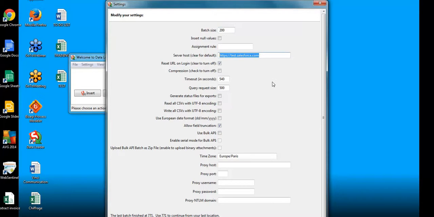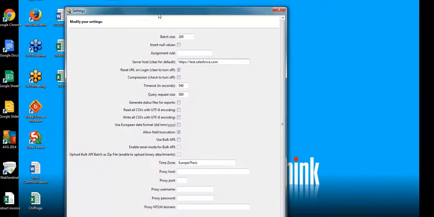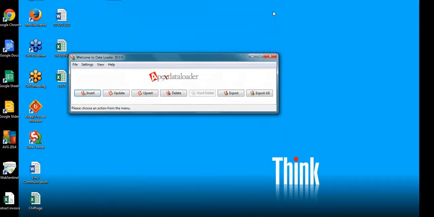Very important, because you need to know if you are on test environment or on production. Here we are on test. If we want to go on production, we need to remove that. But I come back to this URL because we will make the demonstration on test landscape. So this is okay. Perfect.